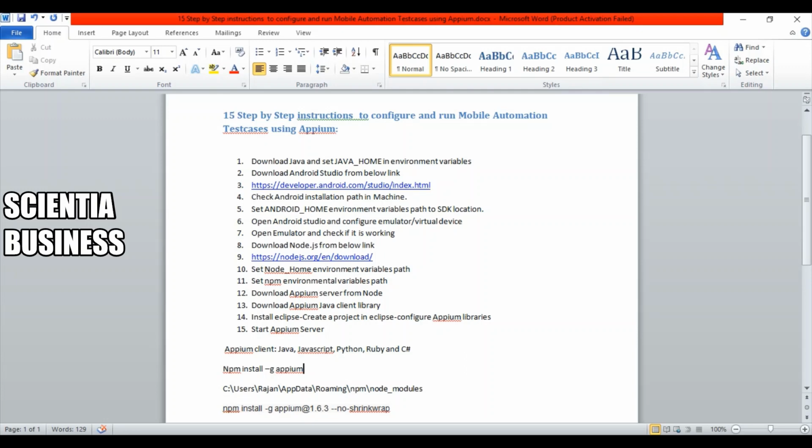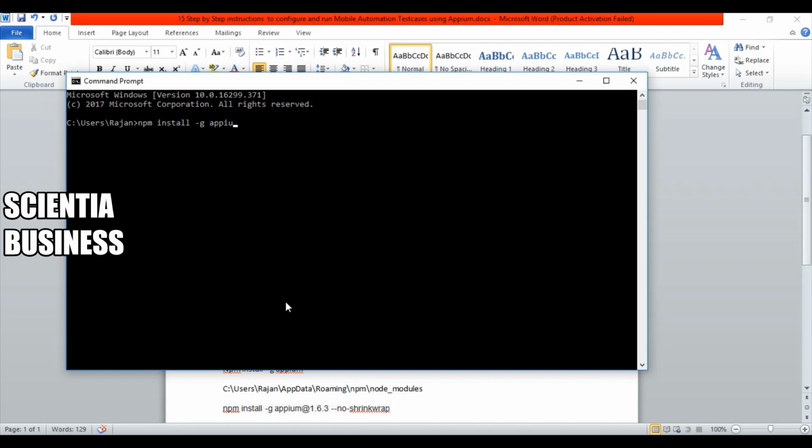At this point of time, if you see, I've already installed APM, and in order to start APM you just need to write APM, right? So let's see what version I have installed in my computer. It will just give us the version. We just need to wait for a few seconds before it gives us.